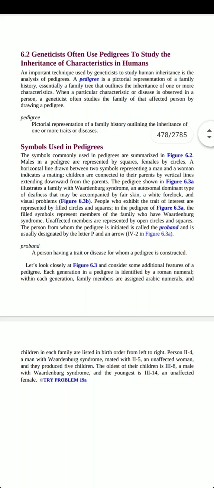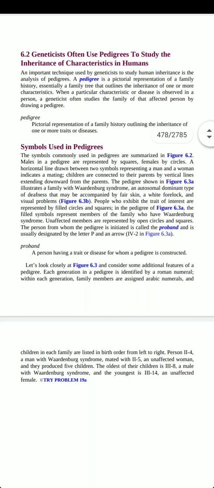Everyone. Today we are going to talk about the pedigree analysis in humans. I think you all know about pedigree. A pedigree is a pictorial representation of a family history, essentially a family tree that outlines the inheritance of one or more characteristics. Okay, so a pedigree is a tree-like diagram that is used to diagrammatically represent the members of a